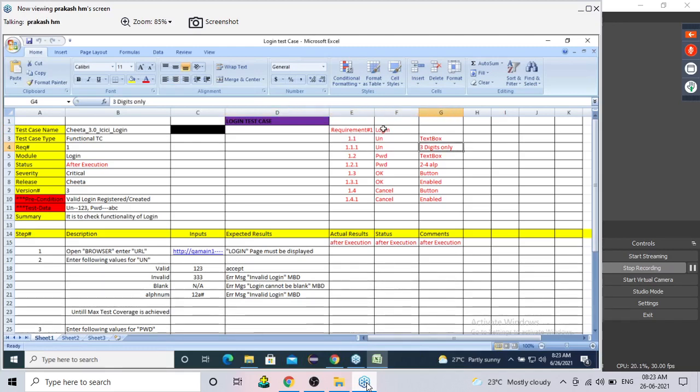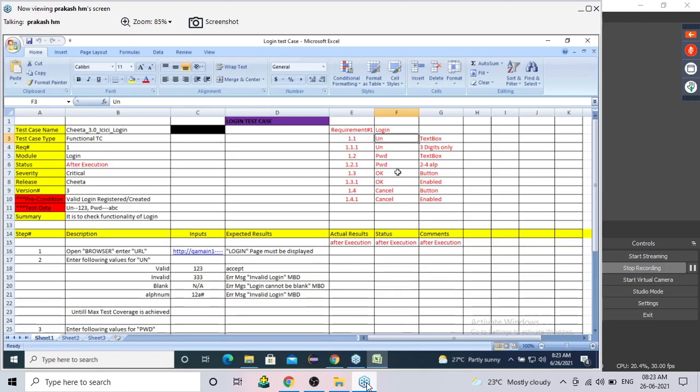Username should accept 3 digits only. Password should be a text box. Again, password should accept 2 to 4 digits. OK should be a button, and OK should be enabled. Cancel should be a button, and Cancel should be enabled. So this is the requirement for the login.